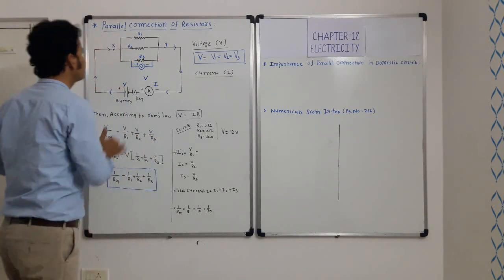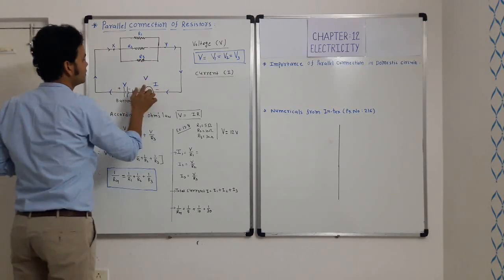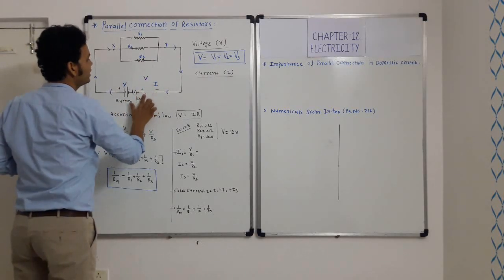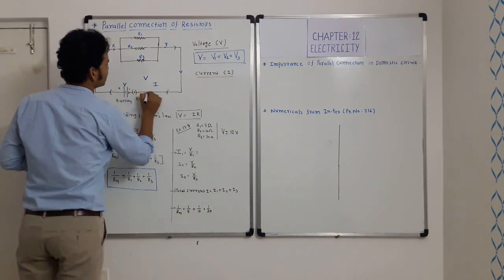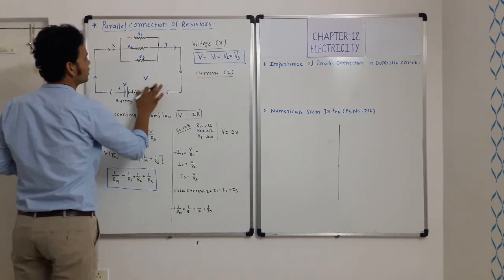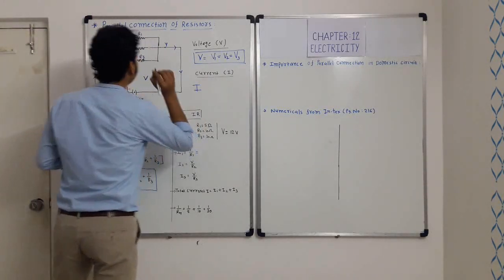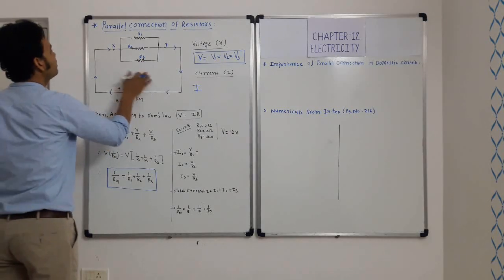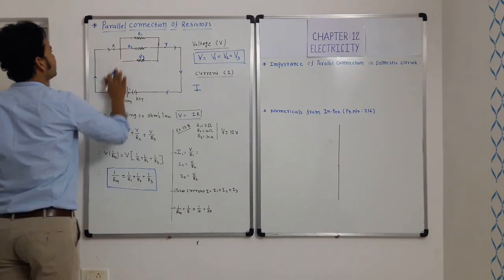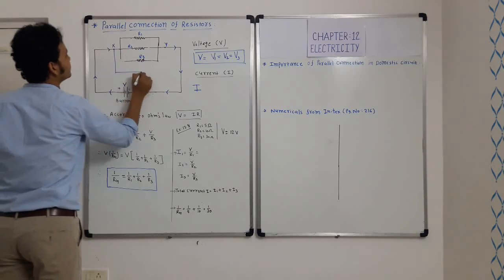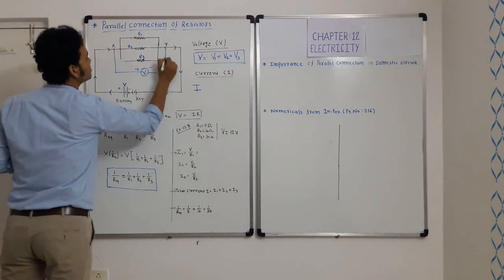Now let us do this activity with current. So we are disconnecting this ammeter from here. Let me connect this circuit once again. The total current is I, let me write it down over here, I. The voltage is V. Once again, let me connect the voltmeter across all the resistances. So this is my voltmeter, this is plus, this is minus.